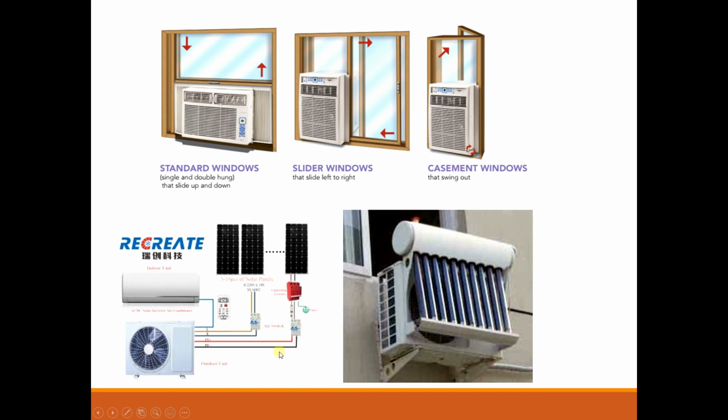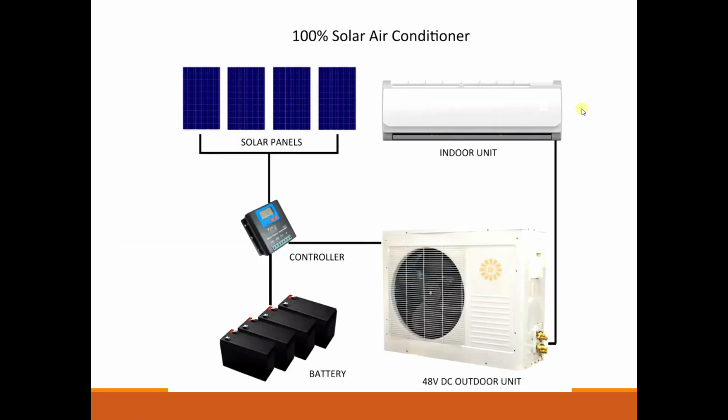You can see solar energy is taken and that energy is converted to run the AC. You can see, if you are not believing this muddy diagram, it's a practical example of how they are utilizing this. And you can see the portable system for upside and the sliders and casement windows, etc. Simply, if you want, you can close this window and switch on the machine, and you will get the cooling effect, right?